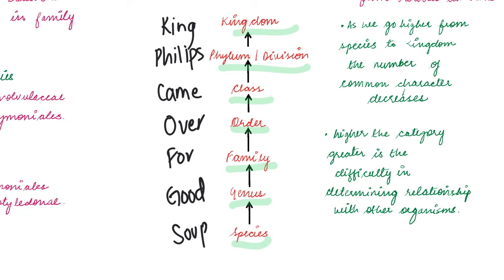So जैसे आप नीचे से ऊपर जाओगे ना, the number of organisms will increase. ठीक है? And the similarities between organisms will decrease. So number बढ़ेगा और similarities कम होंगे. ठीक है, ये समझा? Once again, ऊपर जाओगे वैसे वैसे number of organisms will increase and the similarities will decrease. ठीक है, ये clear है?